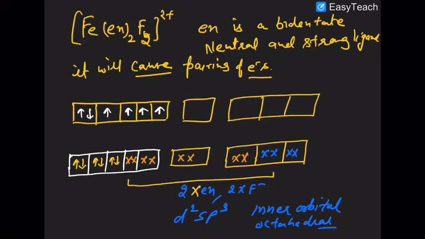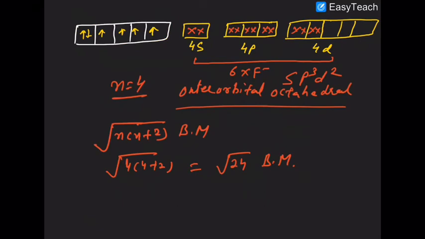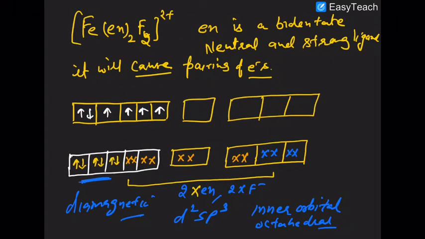Now in this inner orbital octahedral, you are getting diamagnetic behavior. Consider the previous case where you are getting 4 electrons as unpaired. Here you are getting no electron unpaired, 0 electrons unpaired. So it is diamagnetic, and the previous case is highly paramagnetic. It all depends on configuration. Save in both the cases, configuration is Fe2+. It is 3d6. So the nature of the ligand plays a very vital role.